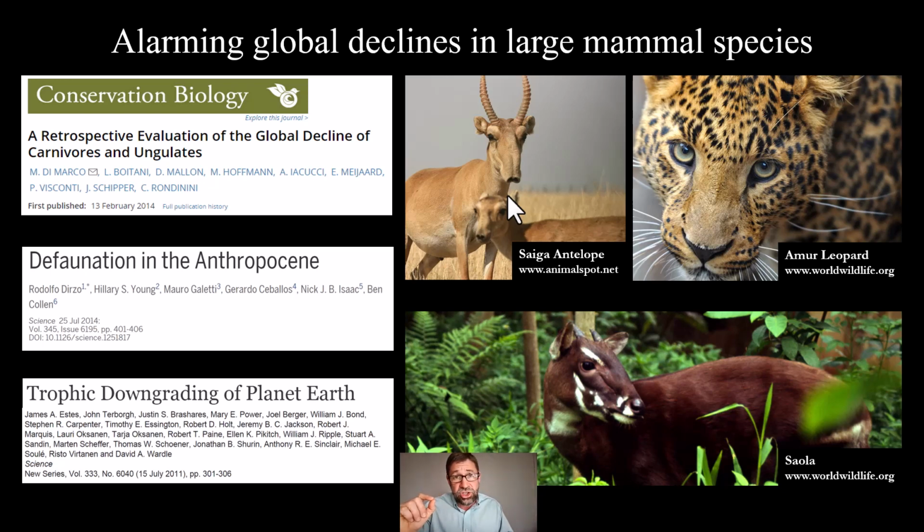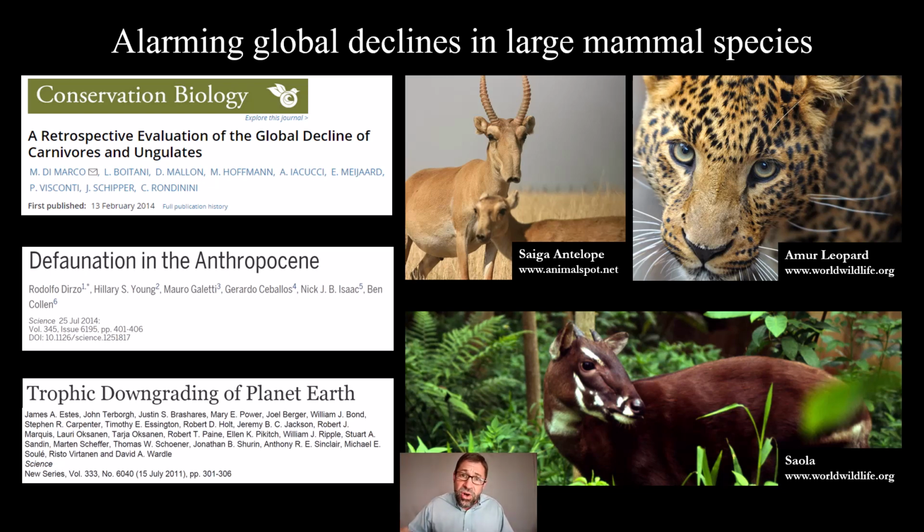A rapidly changing climate may have allowed a once harmless bacteria to become lethal. So if the superabundant saiga isn't even safe, then what is? We've talked about the Amur leopard, the most critically endangered large cat on the planet. There are about 100 individuals left. This is the saola. The saola wasn't even described by science until 1992, and it is critically endangered. Just as fast as we describe these species, we're losing them.